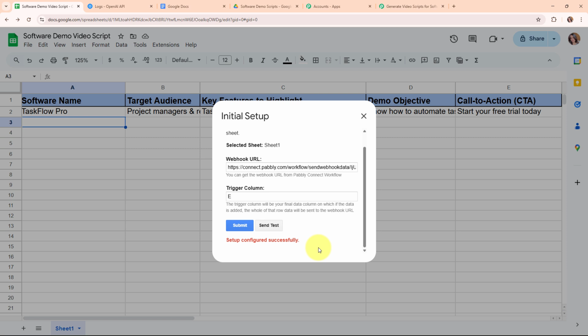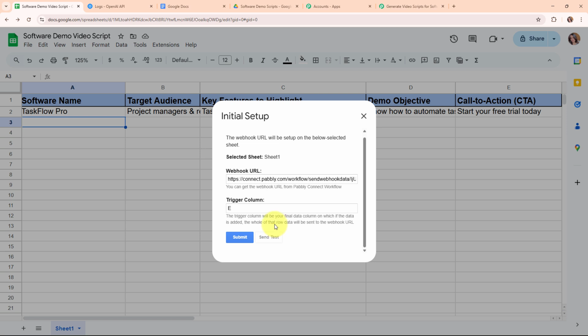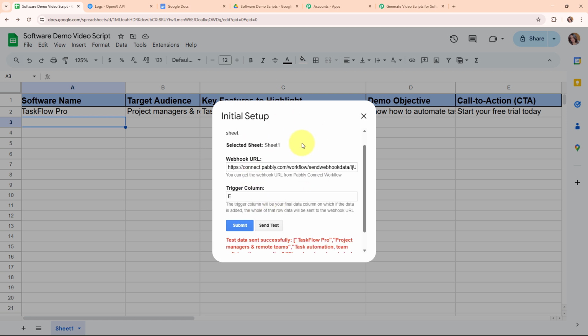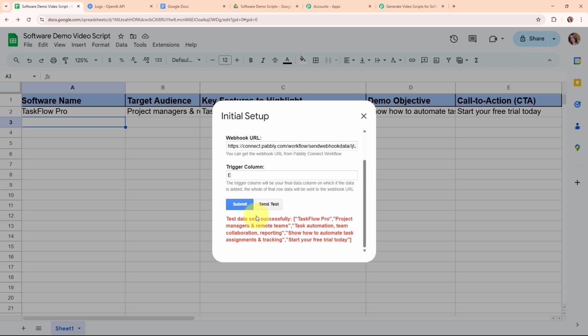So now here to test this connection, we are going to click on the send test button, and we are going to send the test data to this webhook URL. So here you can see it says test data sent successfully. That means we have successfully sent the first row data of our Google Sheets to this webhook URL,